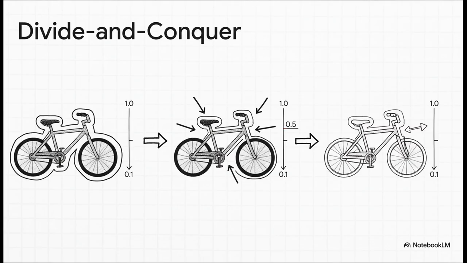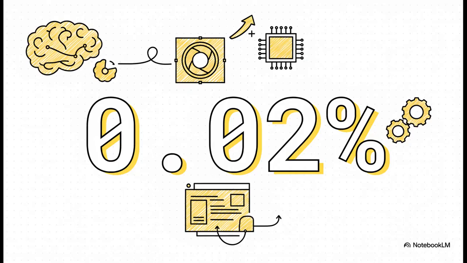But here's the real magic. It assigns every single piece it finds a score, from 0.1 to 1.0, creating this beautiful, smooth spectrum of detail. And here's what's absolutely wild. To add this incredible new superpower, the model only needed to grow by